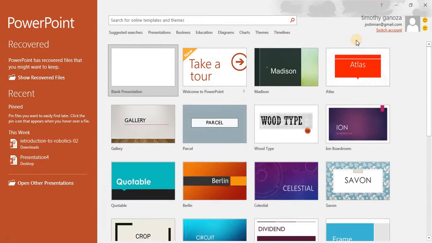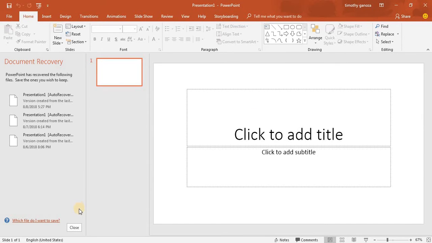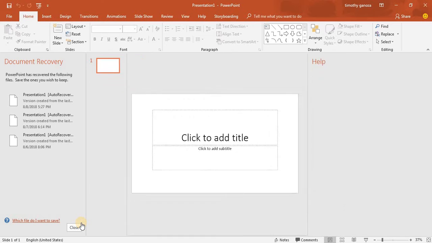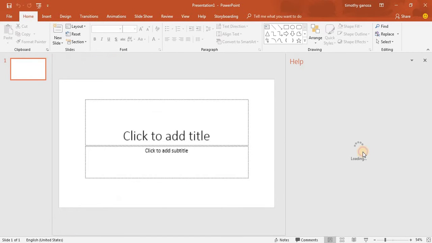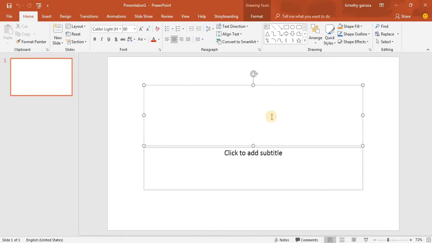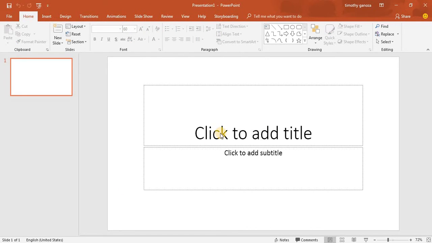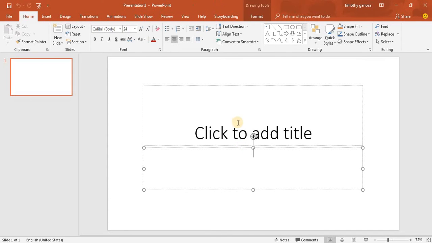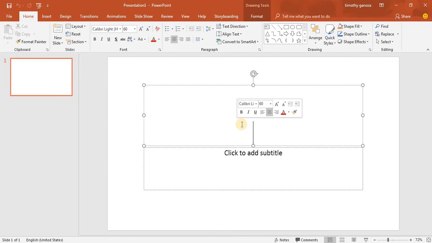So here, if you open your PowerPoint 2016, you're going to see this. We're going to click the blank presentation. I have a tutorial on using templates. If you are in here, you need to click to add title, click to add subtitle. So if I type